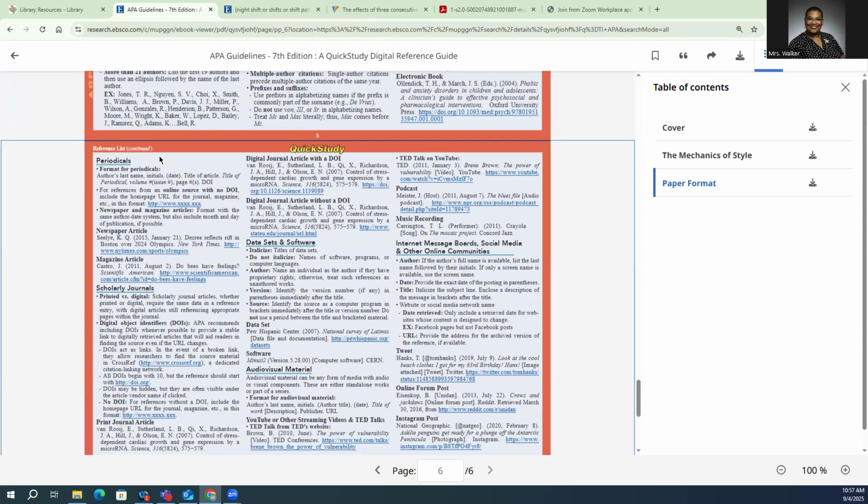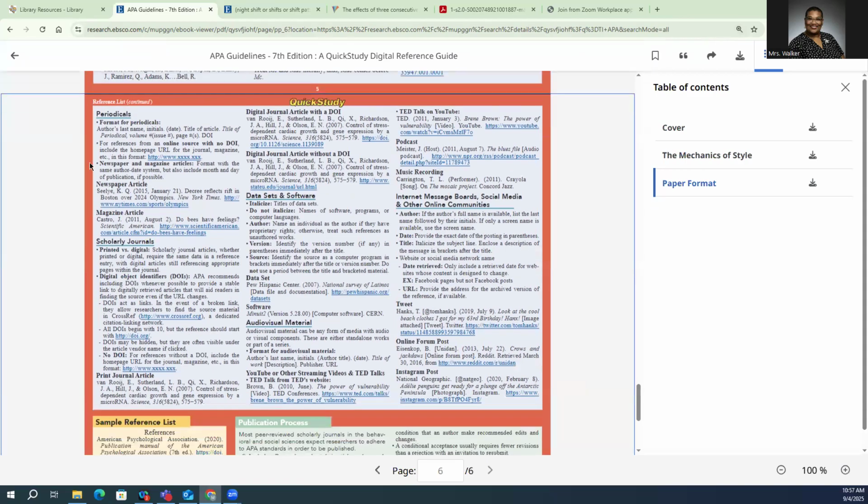It says reference list at the top. And I am using articles, so that's periodicals. And I will see how APA is saying that I need to cite my source, including how to format not only the author, the date of publication, title, everything, but specifically what I want to look for is how they have formatted the title of the article.